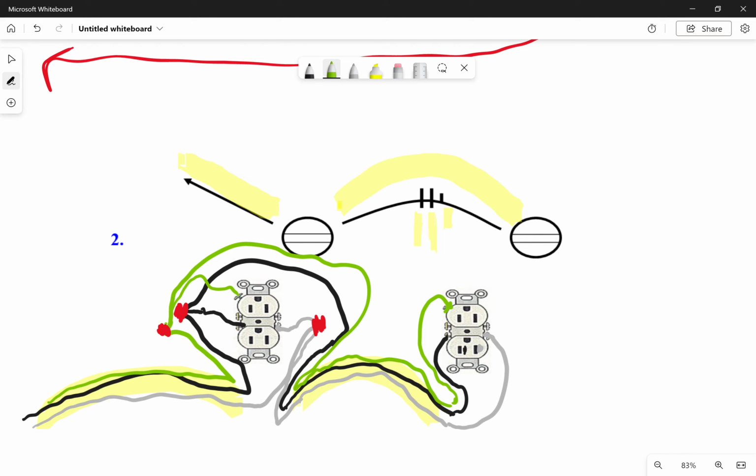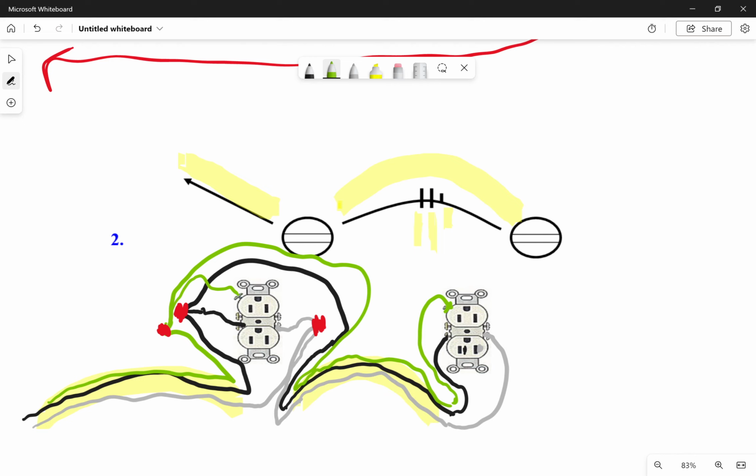Now, you will need to have a version of these drawn up and drawn correctly, right? You'll need to have them drawn correctly before we start on our labs next week. So be sure to take a look at these. There will be a follow-up video that actually shows me wiring up some of these receptacles and switches, so that you can get a sense of what I'm going to be looking for, what I'm going to be grading for,